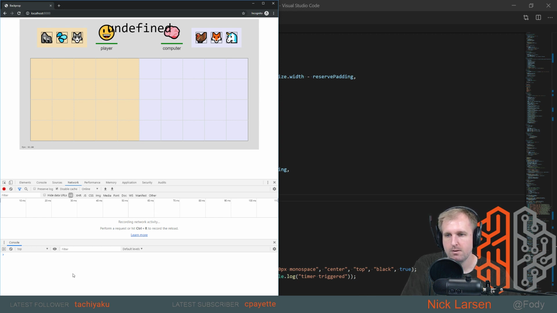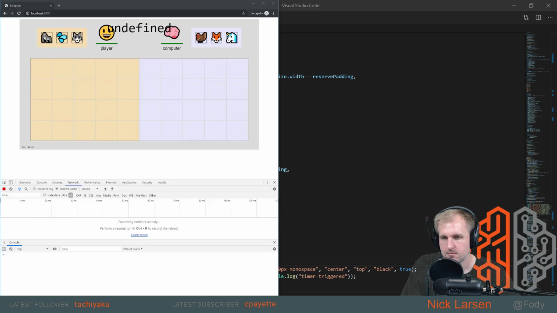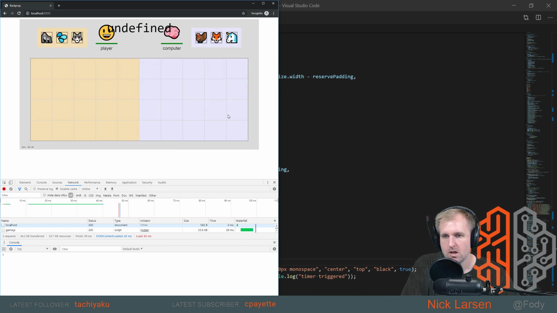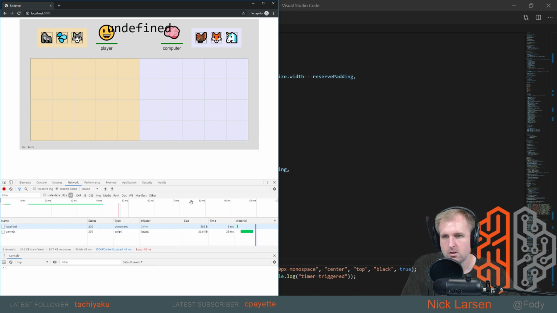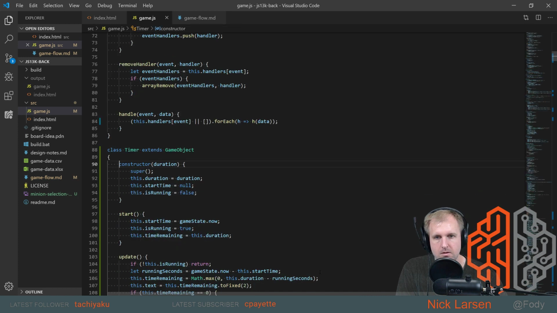I guess it's been about 15 seconds. Maybe we'll just make it 2 seconds for now. I'm going to guess that it's not actually going to trigger the console. Alright, so we have a timer. Oh, we're never calling start on it, which means that we're never setting...